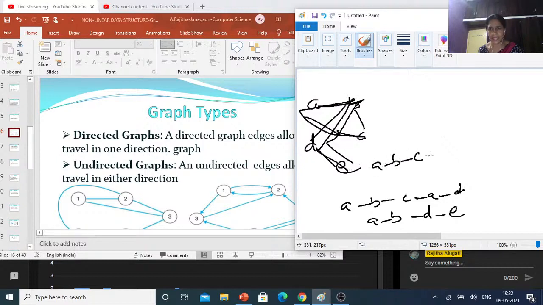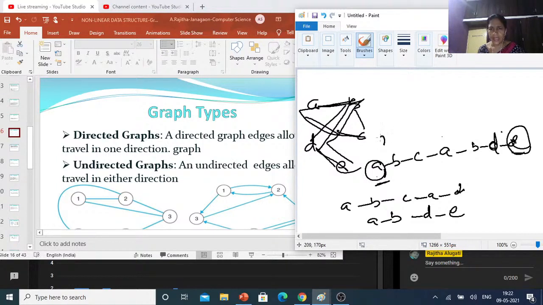A, B, C, B, D, E. This is also one path. Okay? So you can find a path between two vertices. Then this is called connected.